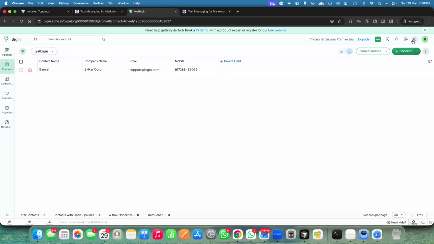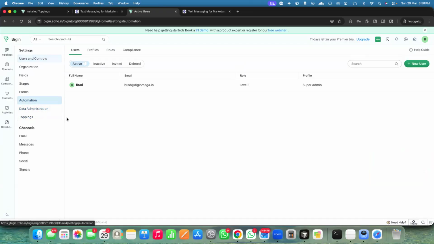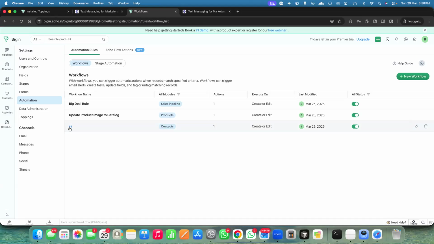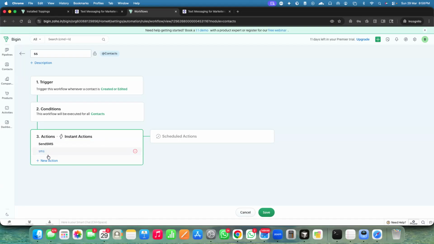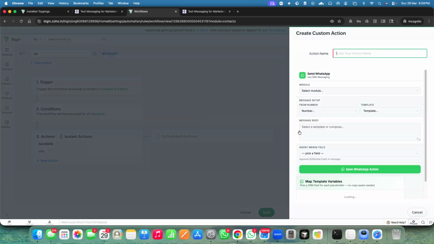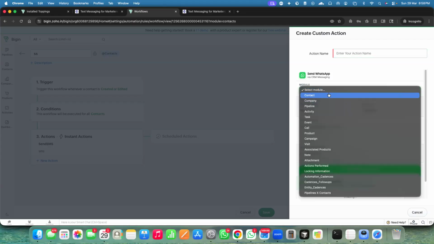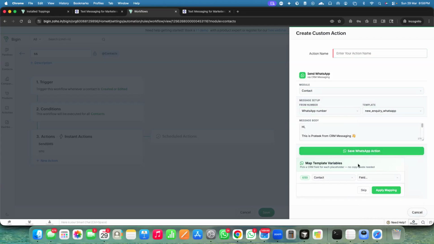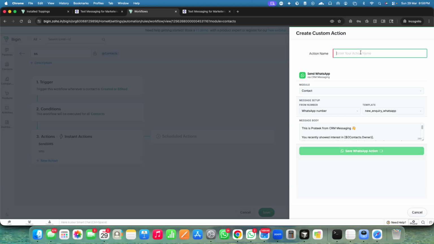Then coming to automation, let me quickly show you the automations. Based on your trigger criteria, whenever a state changes or whatever, you can add custom actions like send SMS and send WhatsApp over here, the topping's send SMS and send WhatsApp. This way, you can configure it as per your need. You can select your module, select the from number, select your template, and map the variables. Like this, you can map, save the action, give it a name and save it. That's pretty much how you can operate